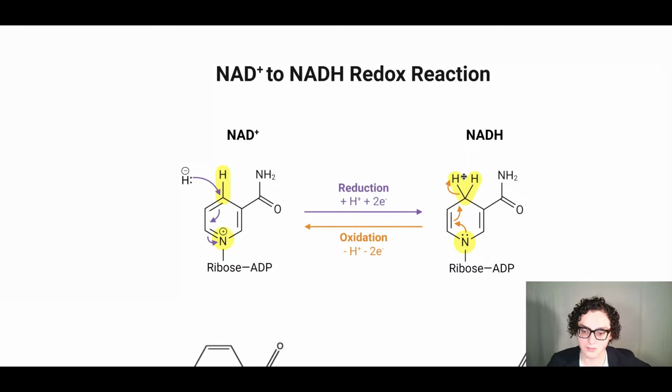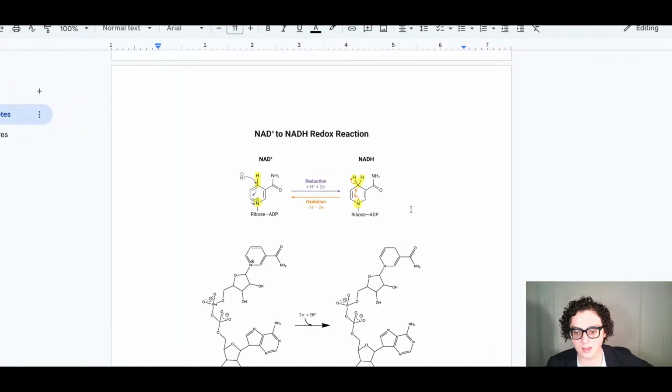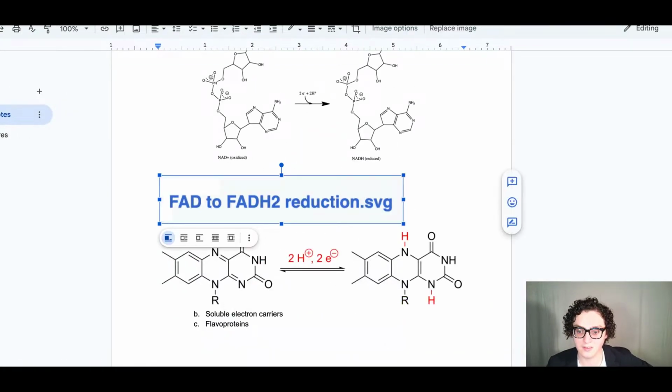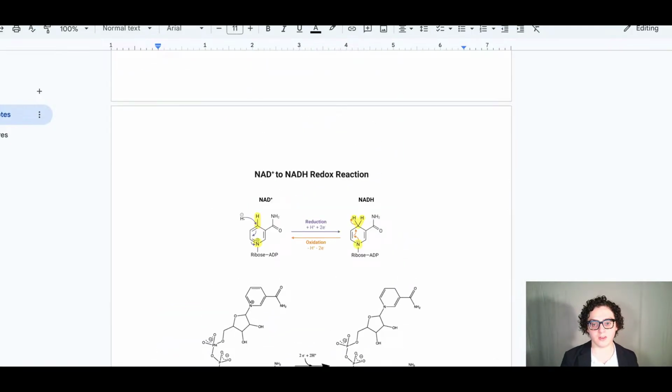Reduction is gain of electrons. So NAD to NADH is a reduction reaction. The opposite reaction also occurs all the time. It is an oxidation reaction. The carrying of electrons via NAD, NADH, and FAD and FADH2 is the process through which we get our electrons